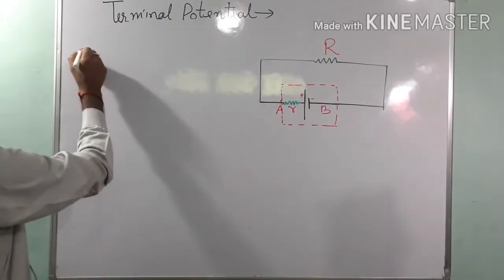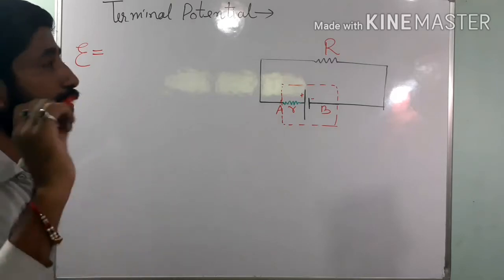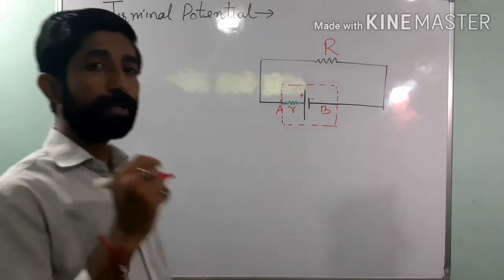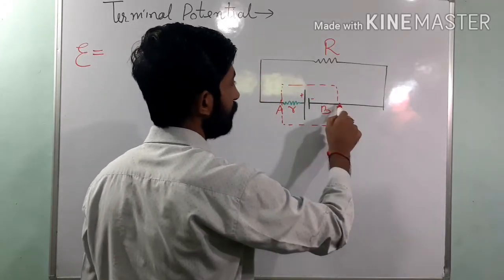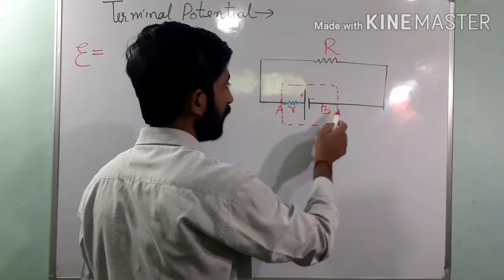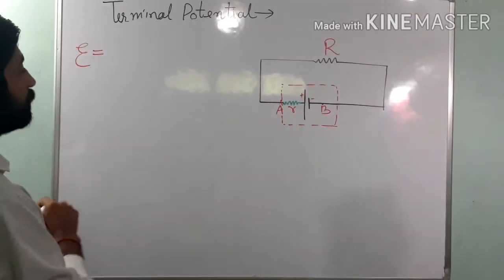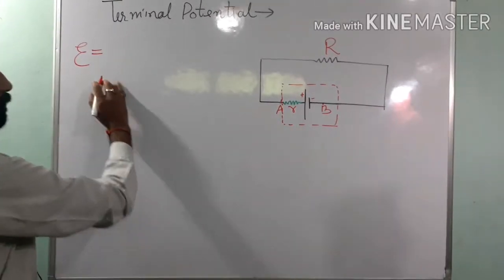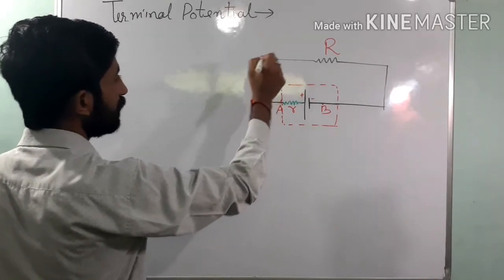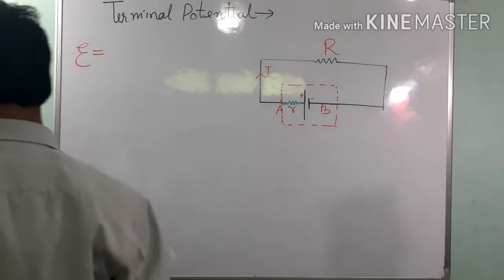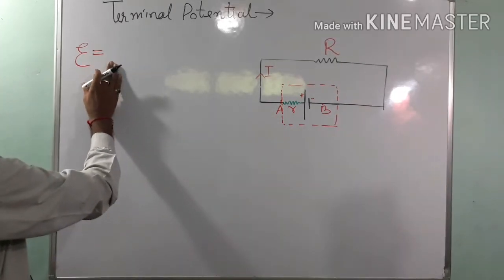So, the EMF of the cell is the total amount of work done in moving 1 coulomb of charge from point A to B, and then B to A again. Now, let's do that. Suppose this cell is sending a current I in the circuit. Now EMF is equal to